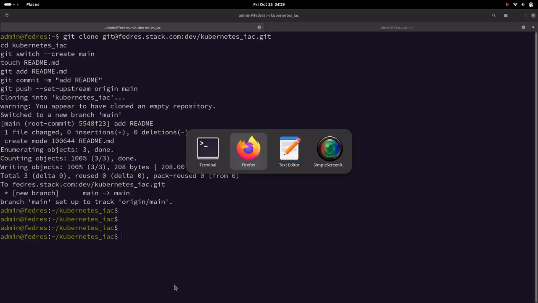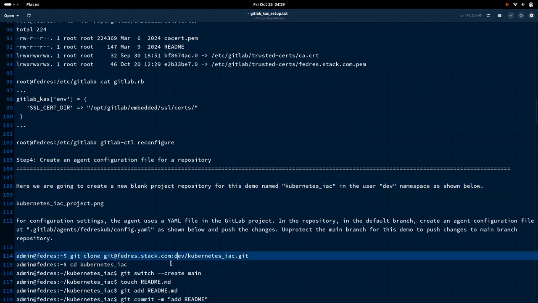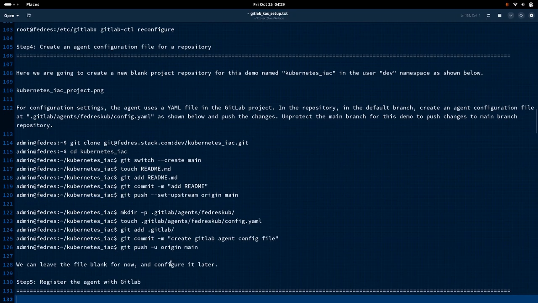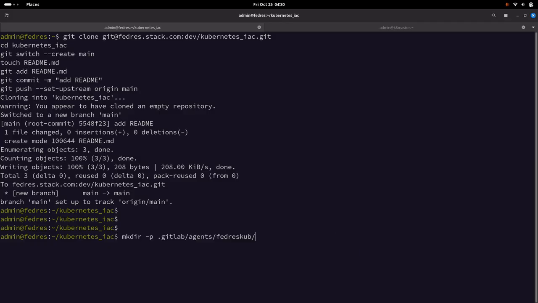Now let us go into our next step, that is creating an agent configuration file. The agent configuration file is basically a file that is used to manage your Kubernetes agent configuration. It needs to be created in your repository's main branch, which will be executed as part of the GitLab CI/CD workflow. We need to create the following structure first: a folder, .gitlab/agents, and the agent name. Okay, so we will create this one,